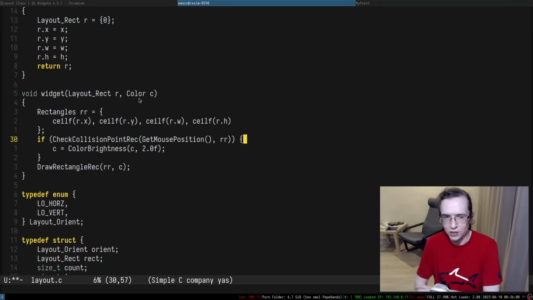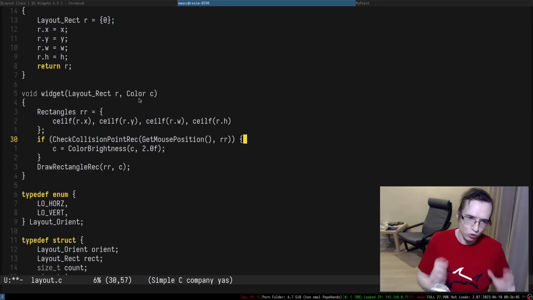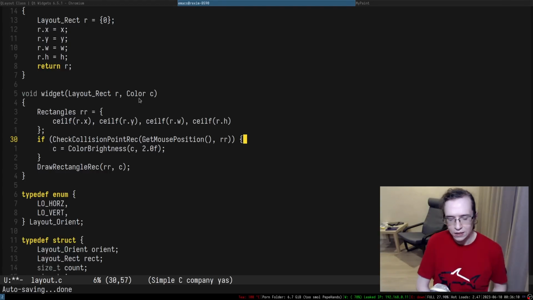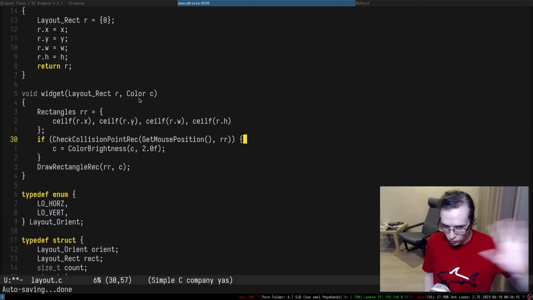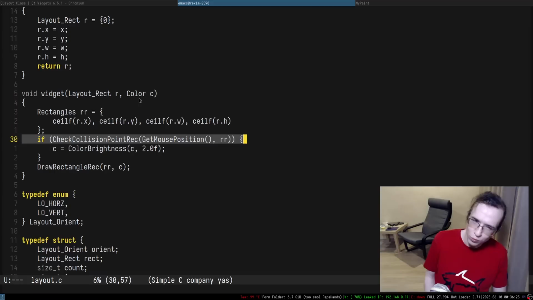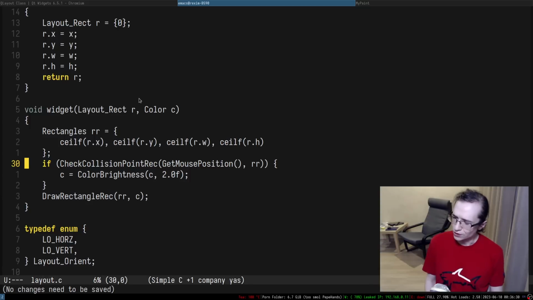So we're going to define a minimum API that the backend must implement, like an ability to draw rectangles, an ability to draw lines and stuff like that. For raylib, we're going to forward the corresponding things, and if you want to forward it to something else, you're free to do that. That will allow you, for example, to render in a terminal if you want to. Because of that, I'm kind of hesitant on actually removing layout rect. But we'll see.